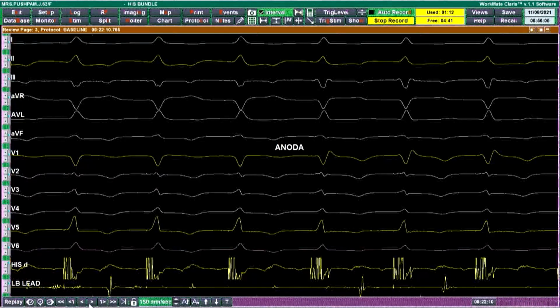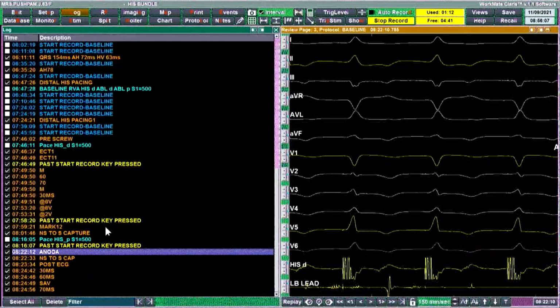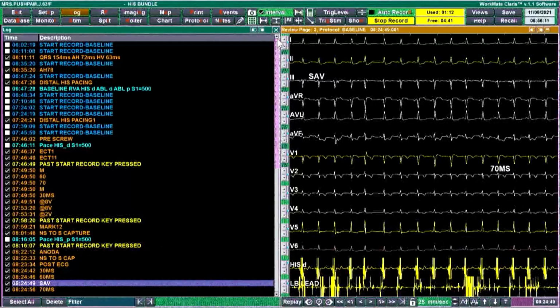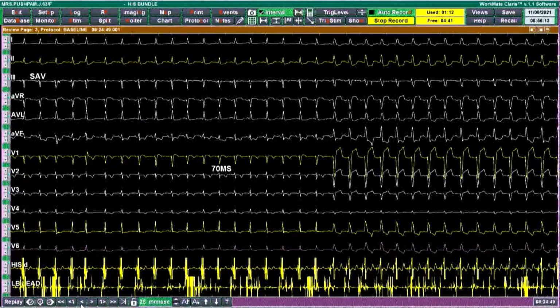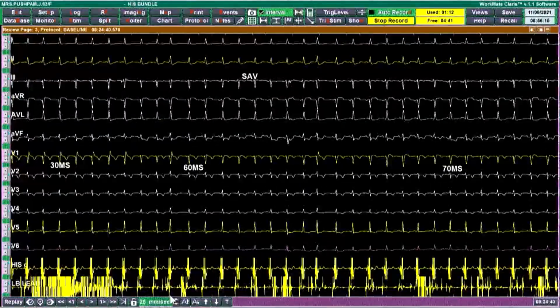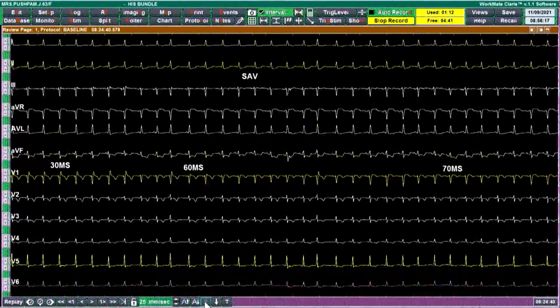Come back to AV delay. So we have implanted a dual chamber pacemaker and we have optimized the AV delay. Go to 12 lead, 25. Can you sedate the patient? Show the 12 lead. So you can see the AV delay, we just played around with it. Initially we kept it at 30 milliseconds. You can see a complete capture of the left bundle. There is no AV nodal activation. The first 5-6 beats have only left bundle capture.